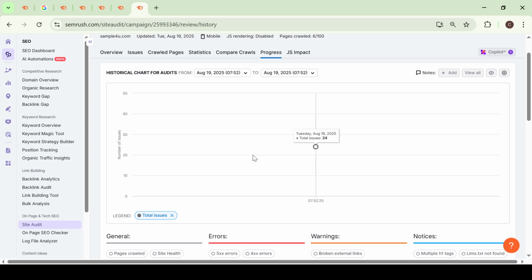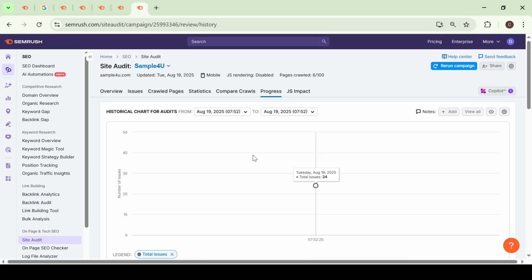And there you have it, a complete website audit using Semrush in just 5 minutes. By following these steps, you ensure your site is performing optimally, offering a seamless user experience and meeting your